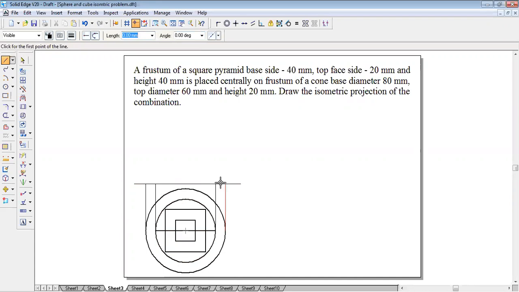So this is the base portion, that is the base portion of the frustum of the cone. This is the top face. So top face is how much? It is 20 mm above HP. So from here, I'll measure 20 mm height length. From here also 20 mm I'm measuring it. Okay. So frustum means join the angles. From this end point, I'm joining this line. From this end point, I'm joining this line, and then this line has been drawn.